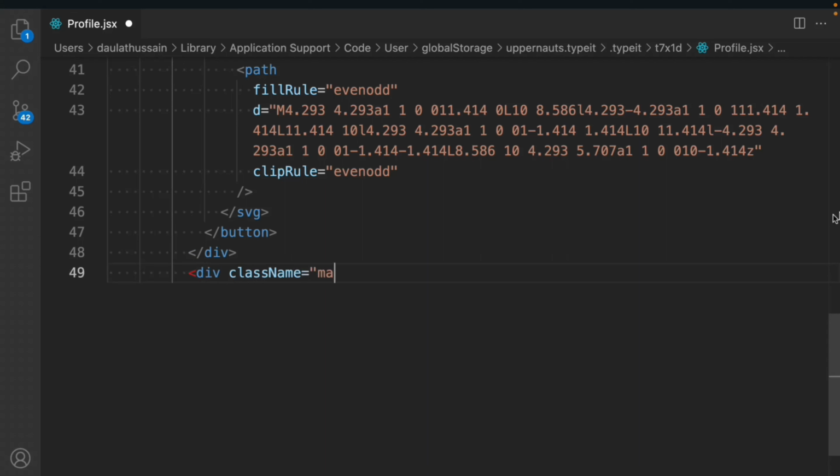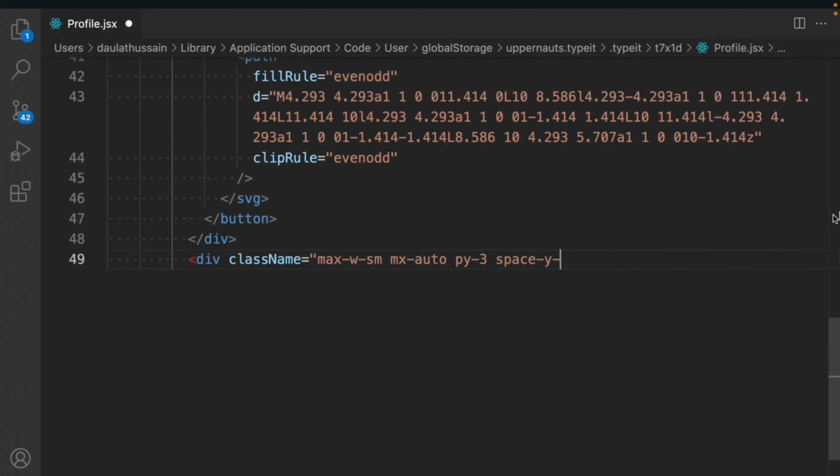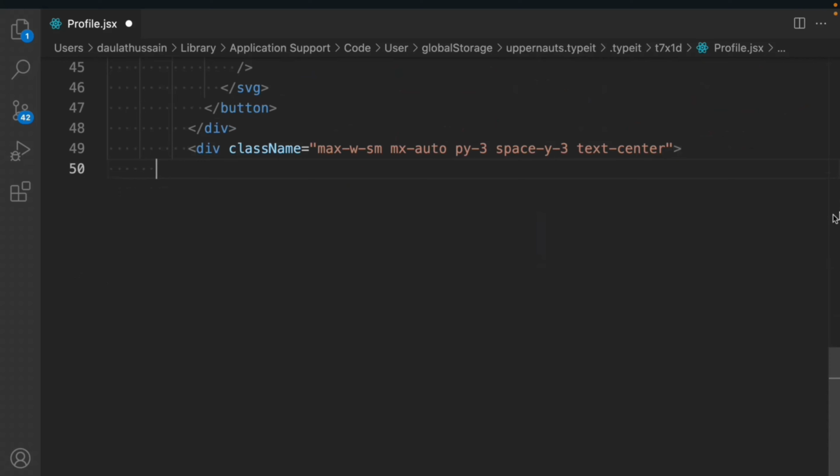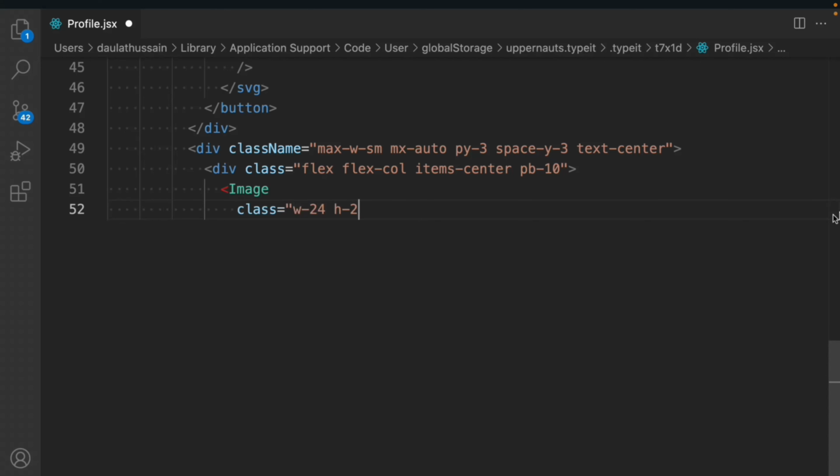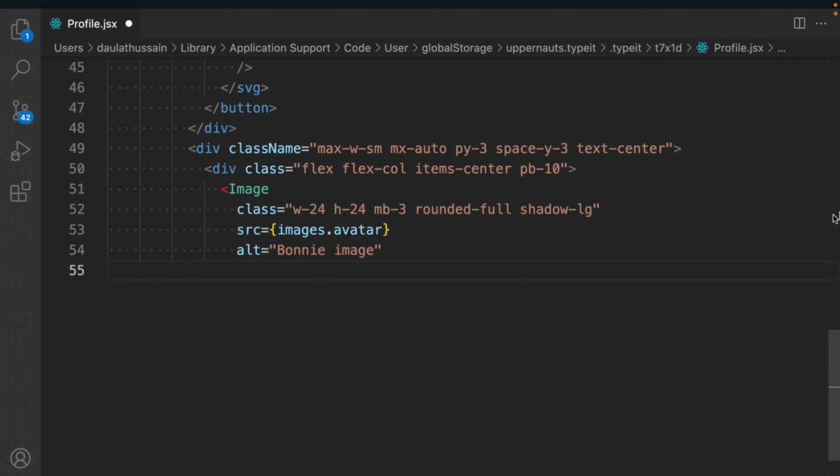We'll take a div, it will have the same classes. The body we have to define. You can simply copy the previous components' bodies and paste them and make the changes, but let me write it very quickly. It will have an image, and we have to assign the width classes. We have to assign the source. Inside the image folder we have this avatar image which is given to you. We'll have this, close the image,